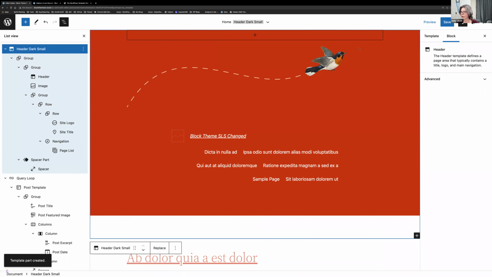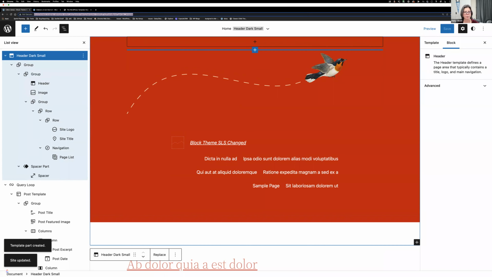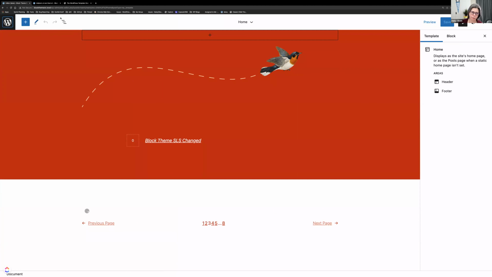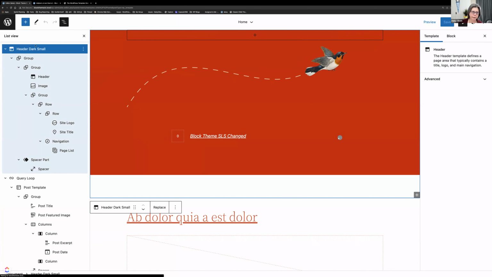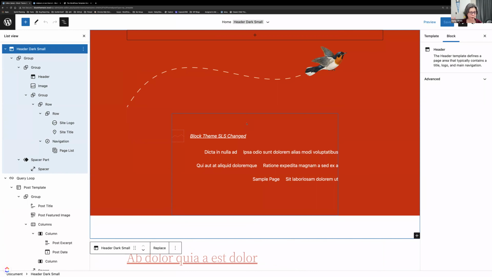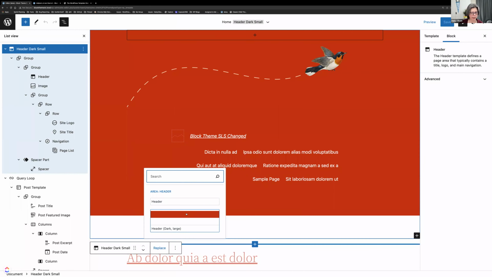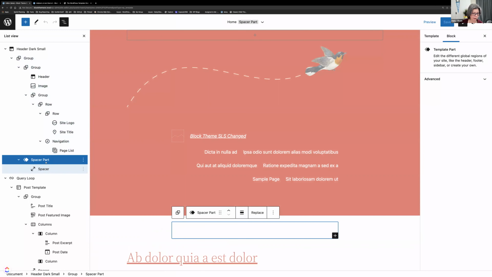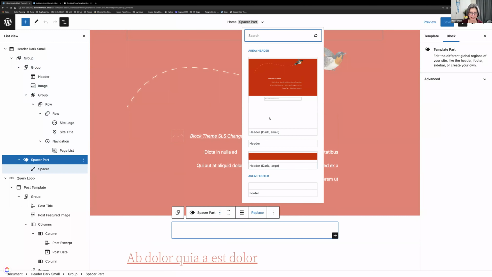And if I go back, let me save our settings here so everything is fully loading. I'm going to refresh. Okay. Now, I've created a custom template part that's only in the database right now. If I go and replace this again, it still doesn't show in the header options. But if I go to the spacer part that we just created and try replacing that, here I have all of them. I have header, I have footer,